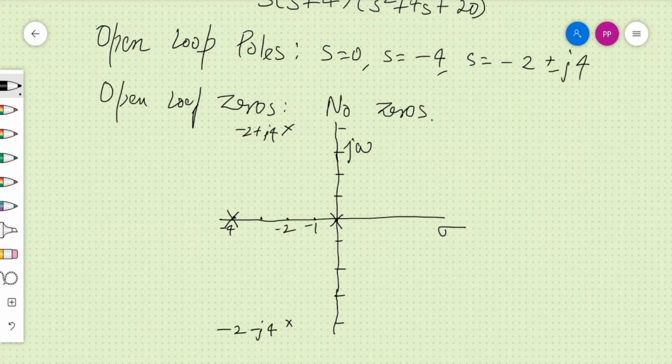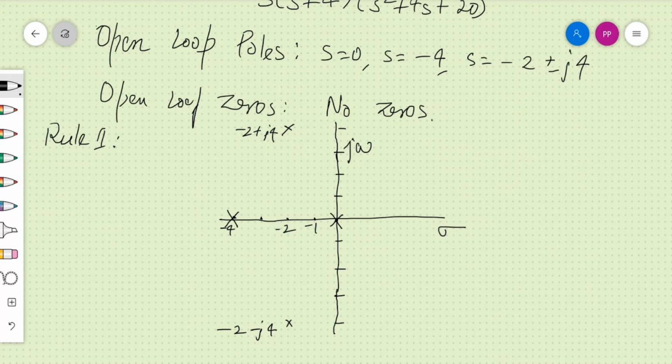And so here, once we plot the open loop poles and zeros, the first rule we should see is rule 1. Rule 1 is that the root locus is symmetric about the real axis. So wherever the roots are drawn, they should be drawn symmetrically about the real axis. Like if some root locus is like this, the other part should be like this, or if some root locus is like this, the other part should be like this. So that we should keep in mind.